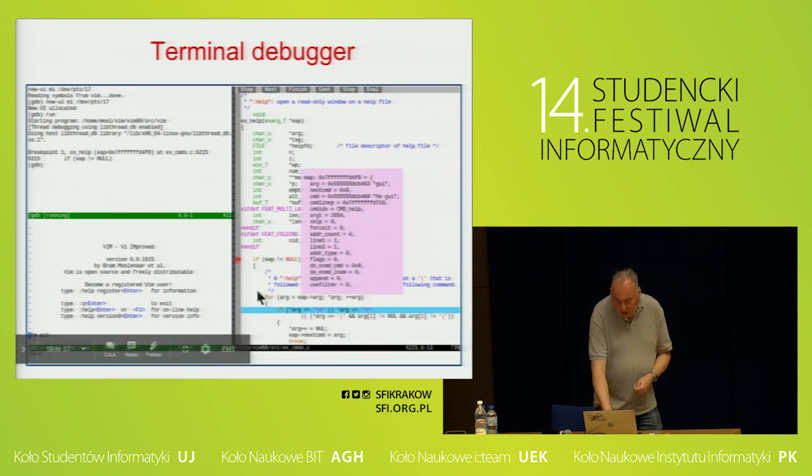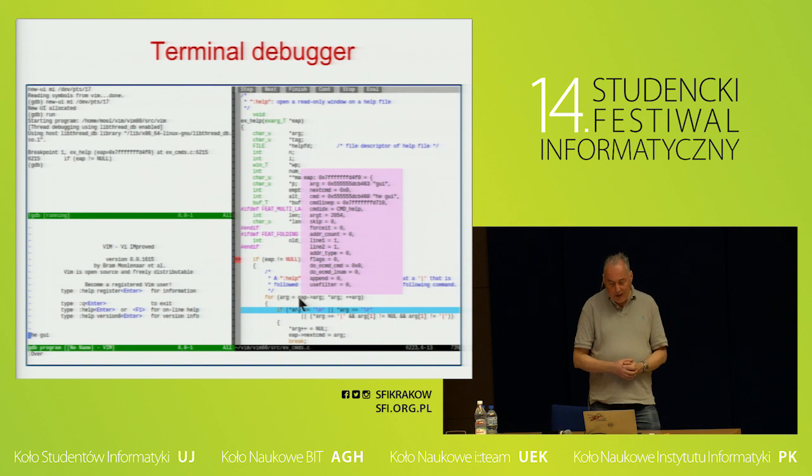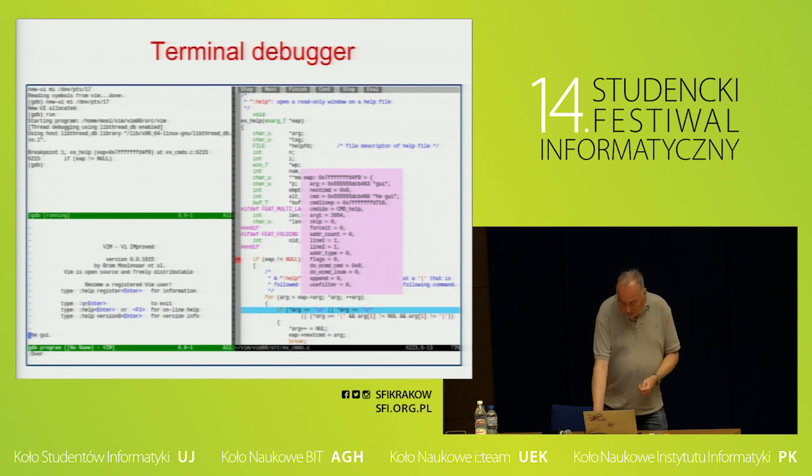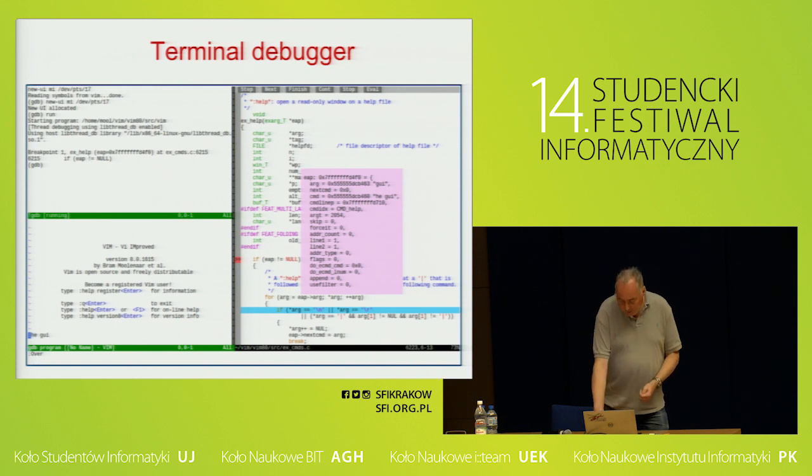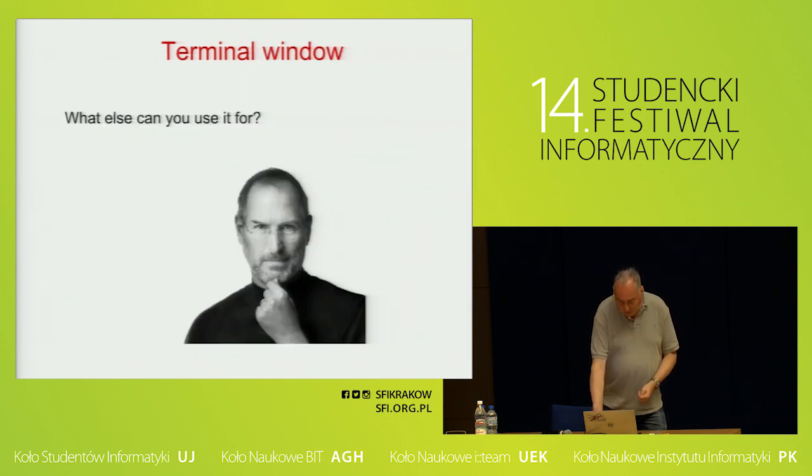And using the balloon, I can hover over, for example, EAP, which is a structure, and then it shows the content of that structure. Of course, you can also go to GDB and print any variables there, but hovering with the mouse is much quicker, much more efficient. So this is how you use the debugger, and this, of course, doesn't only work with Vim, but you can debug any program, step through it, set breakpoints, etc. So this is very useful.